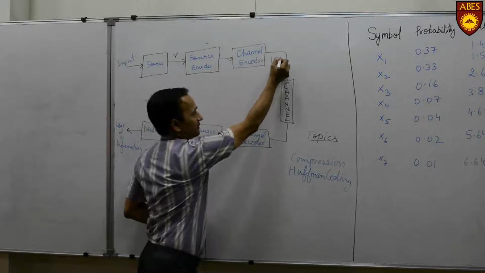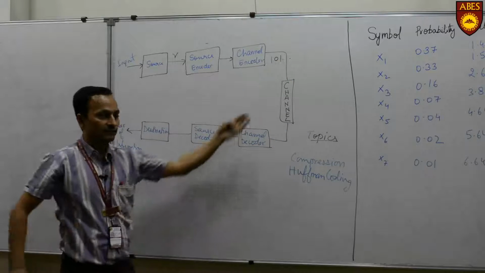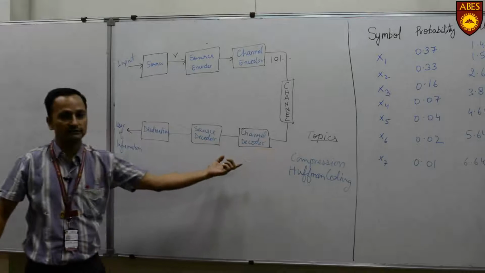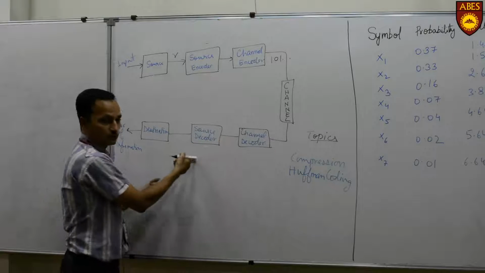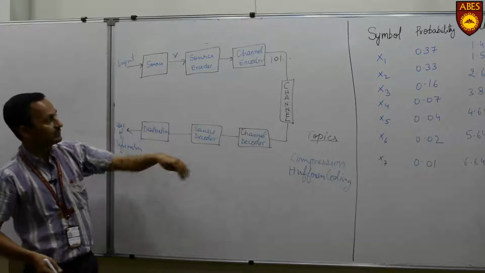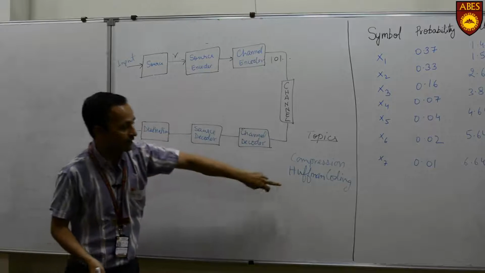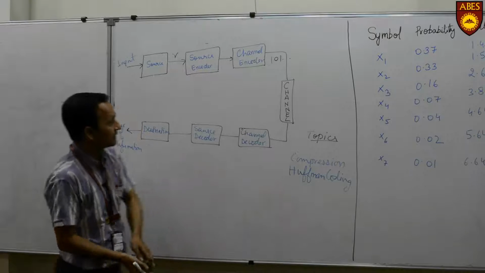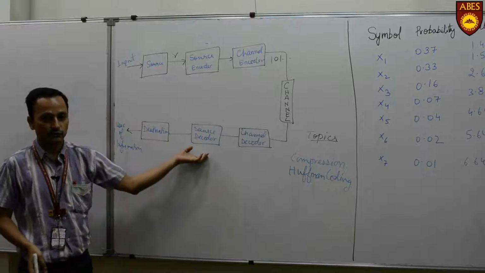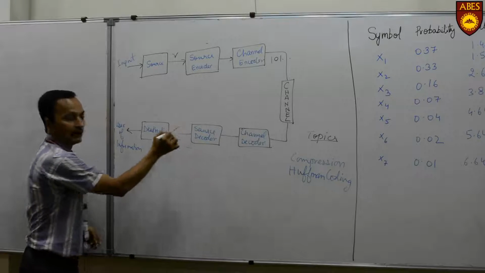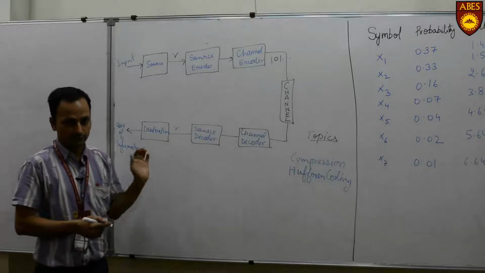That information will be in binary form, like 1011, and the information passed through the channel is given to the channel decoder. Finally the channel decoder gives that information to the source decoder, which decodes the information that was encoded by the source encoder. Again the algorithm we follow here is Huffman coding. Through Huffman coding we encode the information, and the same information is decoded at the source decoder, and we get the information R, which is finally given to the user who is going to use it.